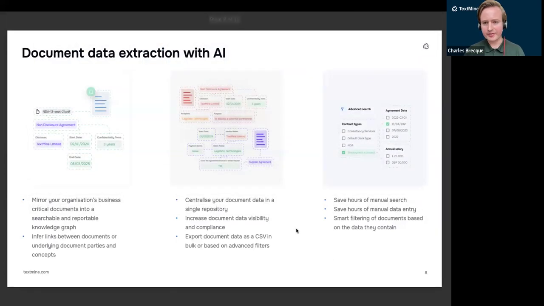In terms of the benefits of extracting document data with AI, there are many. First of all, the business users who are doing the manual data extraction get their time back, and it can be refocused on higher value tasks. But from a business perspective, you're able to track a broader range of data points and answer ad hoc queries that might be relevant based on new business priorities.